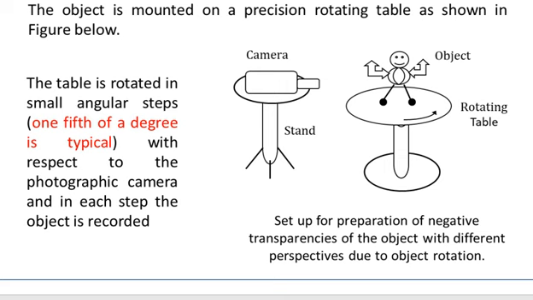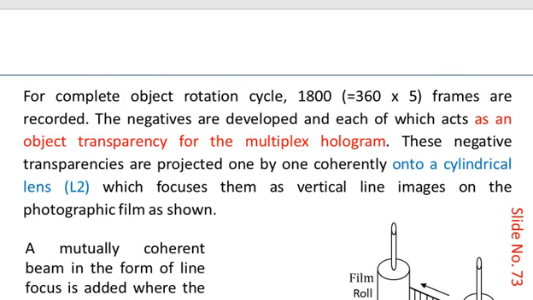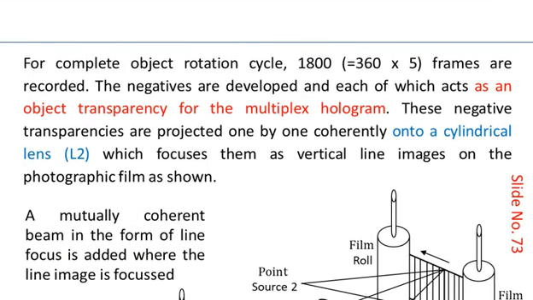Since the object is rotated through 360 degrees, all aspects of this object are recorded. So this is the setup for the preparation of negative transparencies of the object with different perspectives due to object rotation. For a complete object rotation cycle, 1800 frames, which means 360 multiplied by 5, are recorded. The negatives are developed and each of them acts as an object transparency